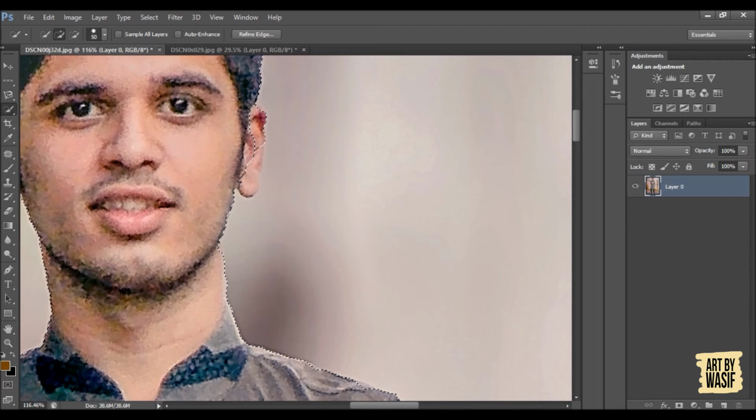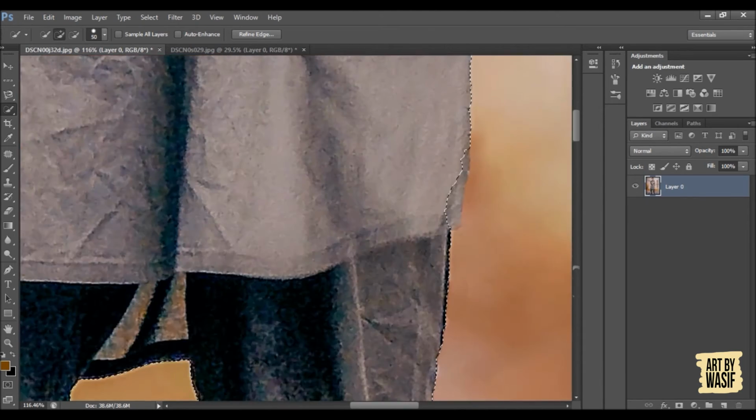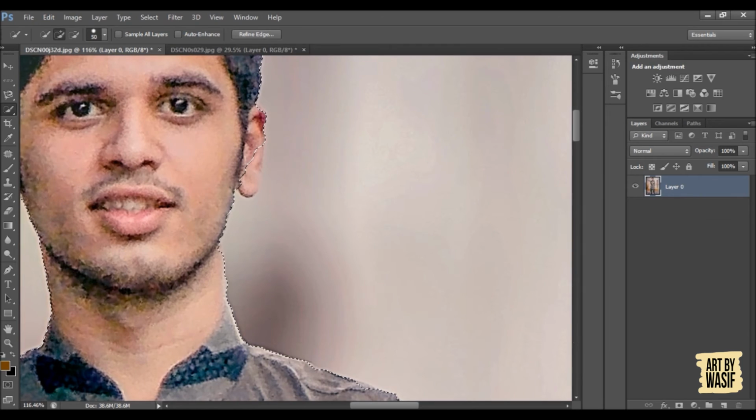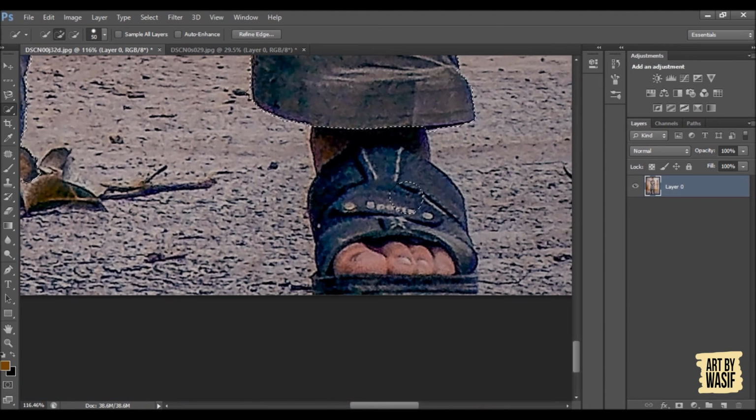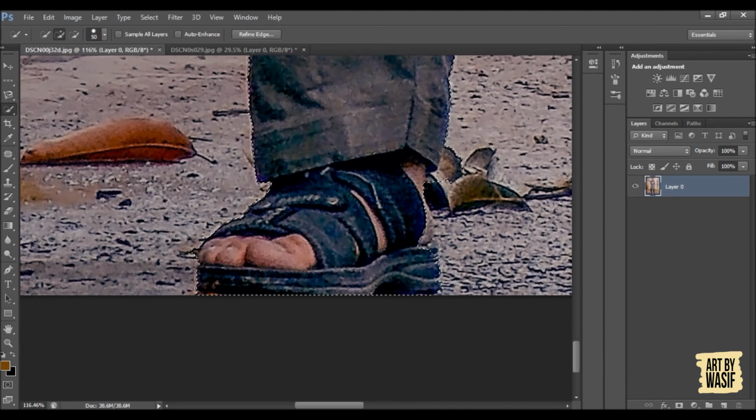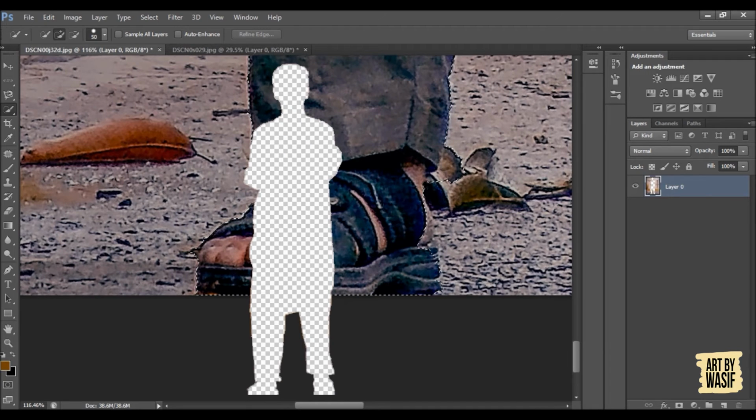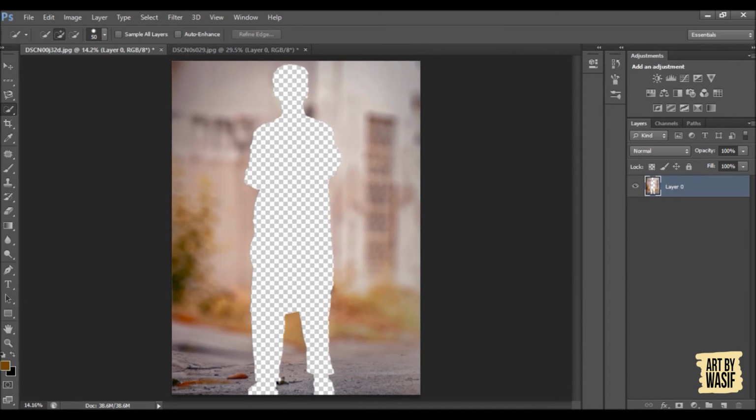To select the area of my ear. It's not a proper selection because I am just giving you the intro of this. I don't know what happened with the quality of the photo. So, done. See this, I have pressed Ctrl plus X and I am removed from the photo.